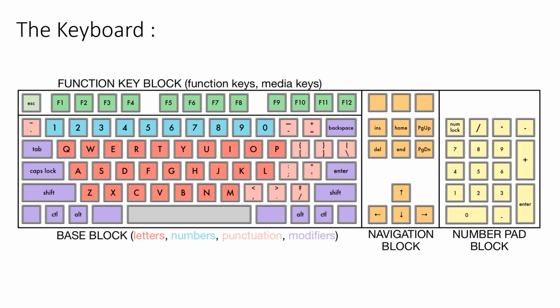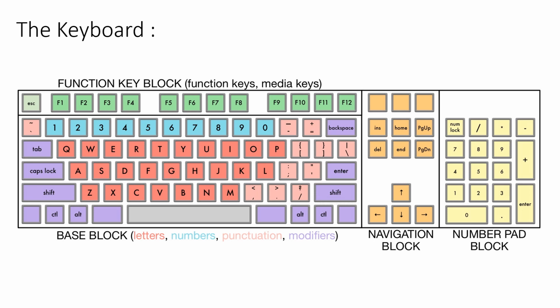Now on the screen you are able to see an image of a keyboard. Okay, first type is alphabet keys. The keys in the dark pink color, the keys that have English alphabets on them, are known as alphabet keys. English alphabets as in letters from A to Z. Here on the image, the keys in the dark pink color are known as alphabet keys.